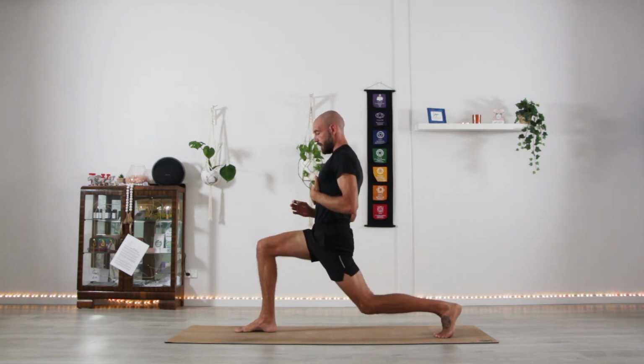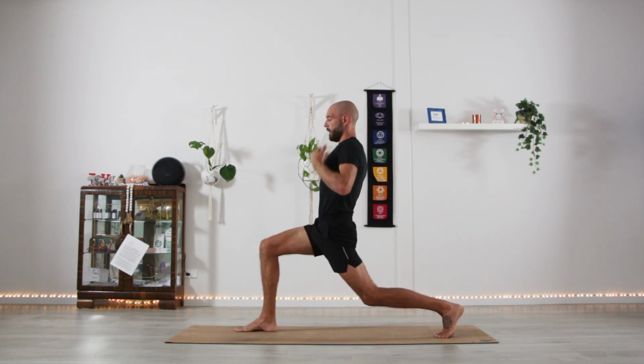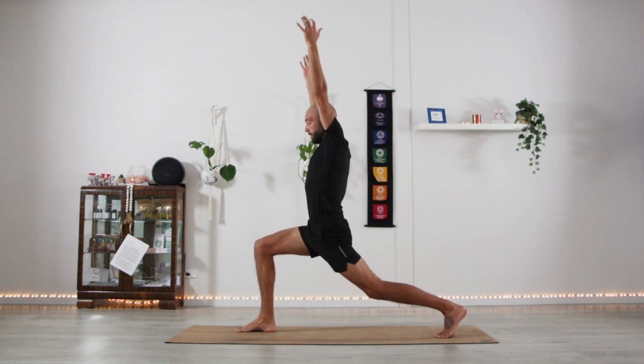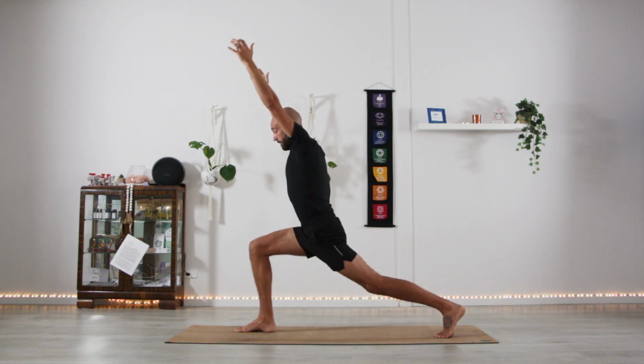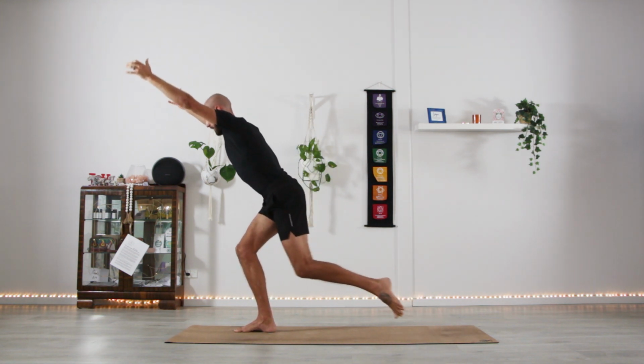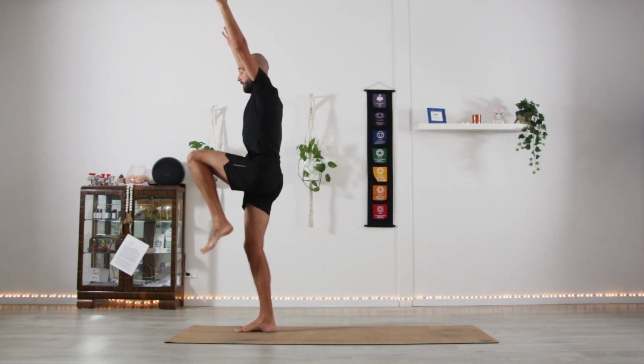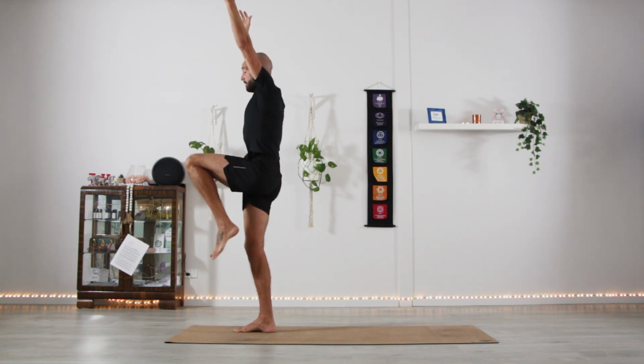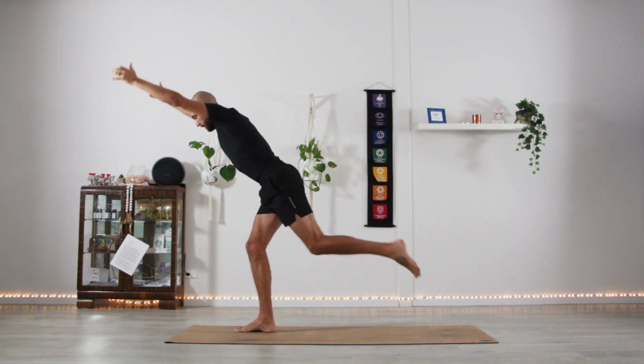Take a bend in the left knee, open it up through the torso, reach the arms up overhead. And we're going to come to standing at the top of the mat, so begin to shift the weight forward and bring that left knee up into the chest, straighten through the right leg, squeeze the glute, and step back